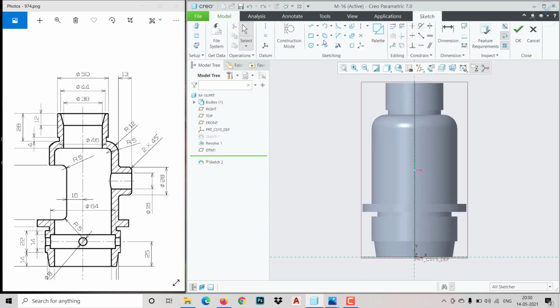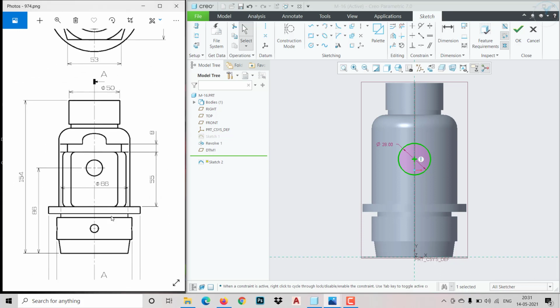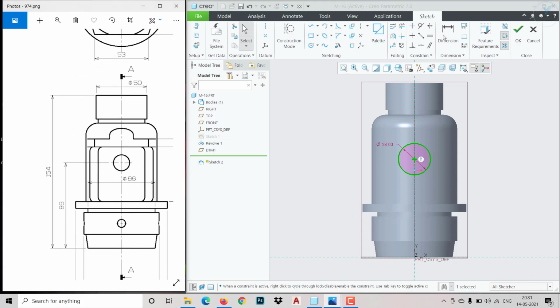Same thing, let me click on circle, let me create it, outer one first. Dia 28, click on that one and then choose diameter symbol and give 28. And the position, this one it is fine, 28. This is 16, that we can make it separately. Depth, everything is fine, but we need to know the center distance. So it is at 86 mm from bottom. So click over here and click on that center, 86. So approximately we made it right.